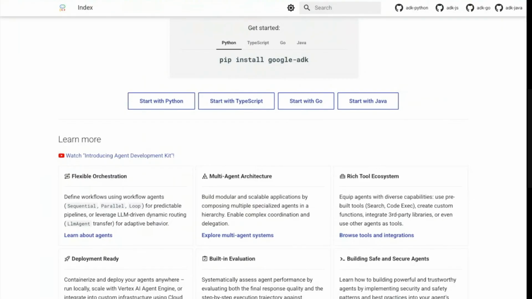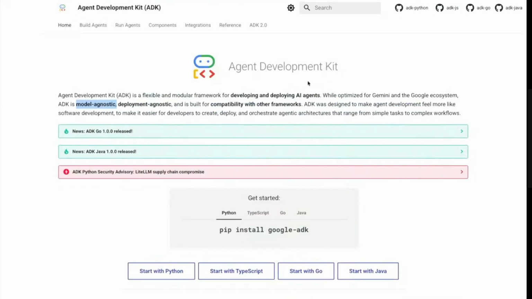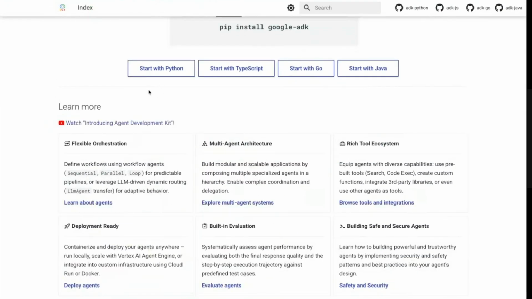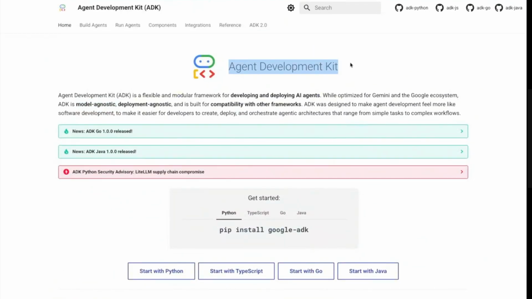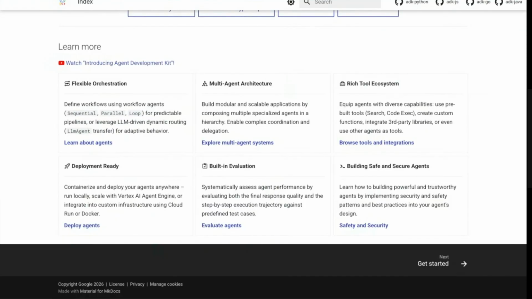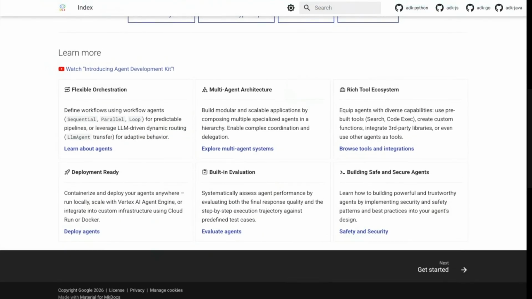Initially, this agent development kit was released with the original SDK for Python. So the majority of the capability of this ADK is within this Python library. Of course, TypeScript is coming up, Go as well, which is one of my favorite programming languages. So as you can see, when you want to add AI capability to your application, be it desktop, mobile, or whatever services, ADK can make it very, very, very simple